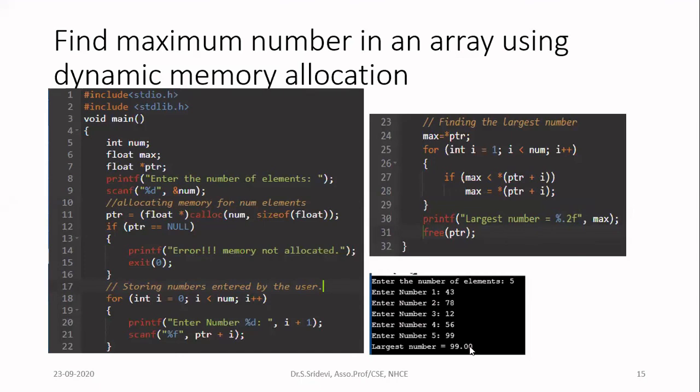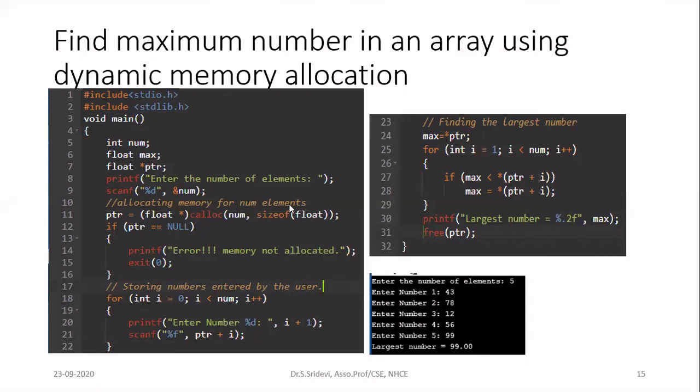In the answer, if you simply give %f, can anyone tell me what will be printed in the printf statement? Yes, you will get 99 with 6 decimal points. So here we want to do formatting. Formatting is nothing but controlling how the user sees the output. I want to display only 2 decimal points, so for that I am writing %.2f. When I write .2, it specifies that after the decimal point there will be only 2 digits. Because of that I am getting 99.00. Now when you run this program, the final answer will be printed.